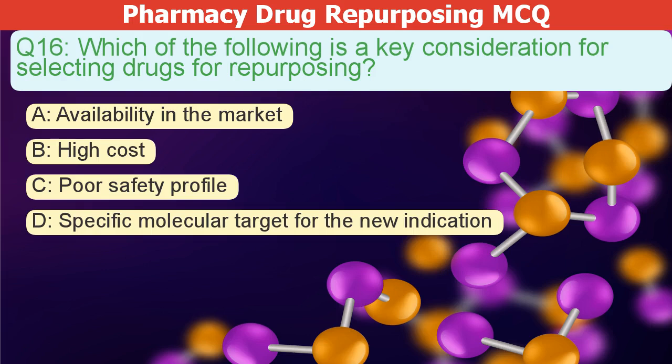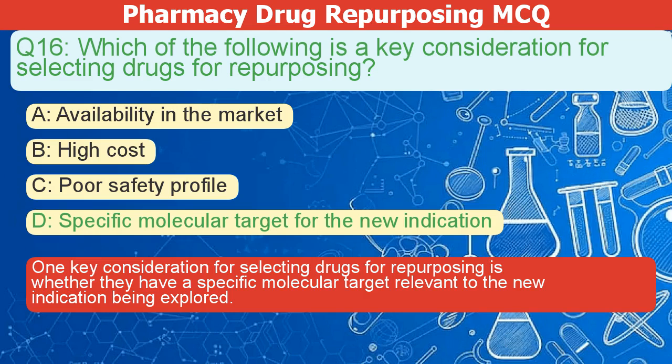A. Availability in the market. B. High cost. C. Poor safety profile. D. Specific molecular target for the new indication. The correct answer is D. One key consideration for selecting drugs for repurposing is whether they have a specific molecular target relevant to the new